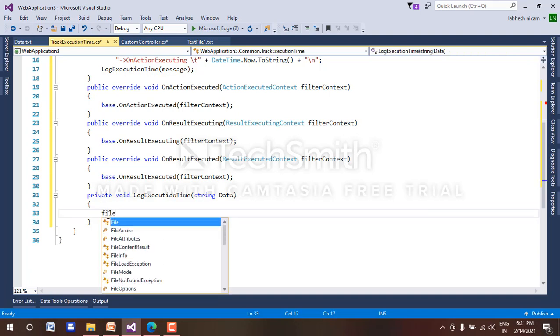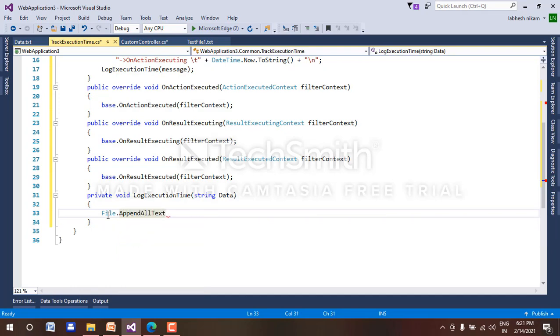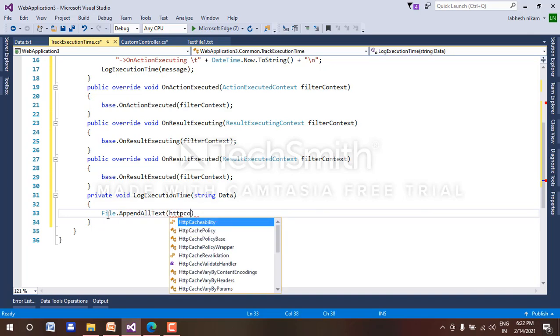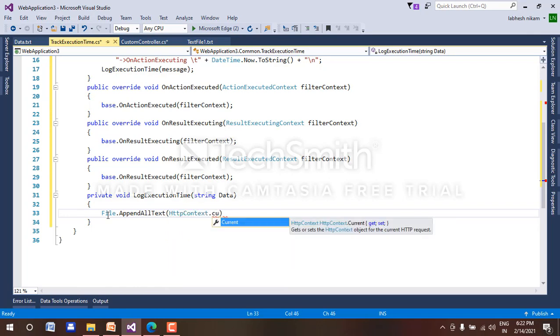So file dot append all text, and inside of the bracket HttpContext dot current, from the server.